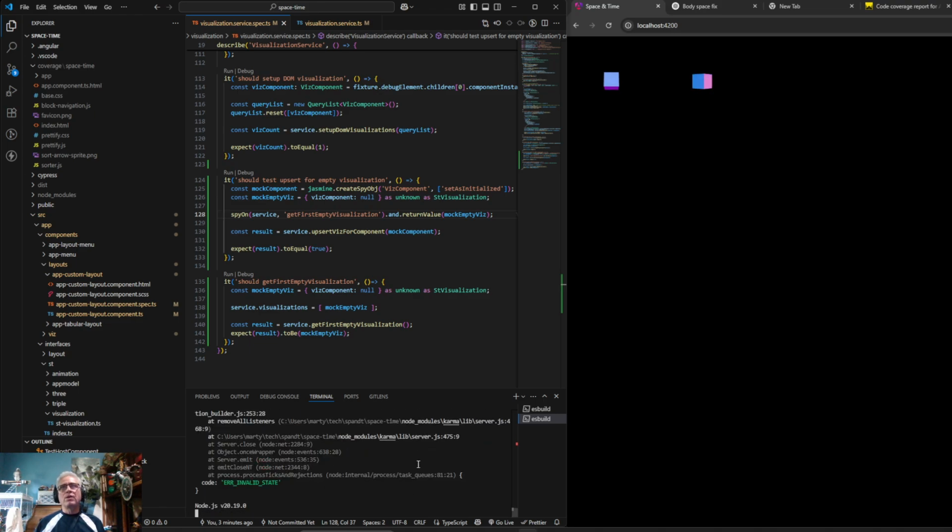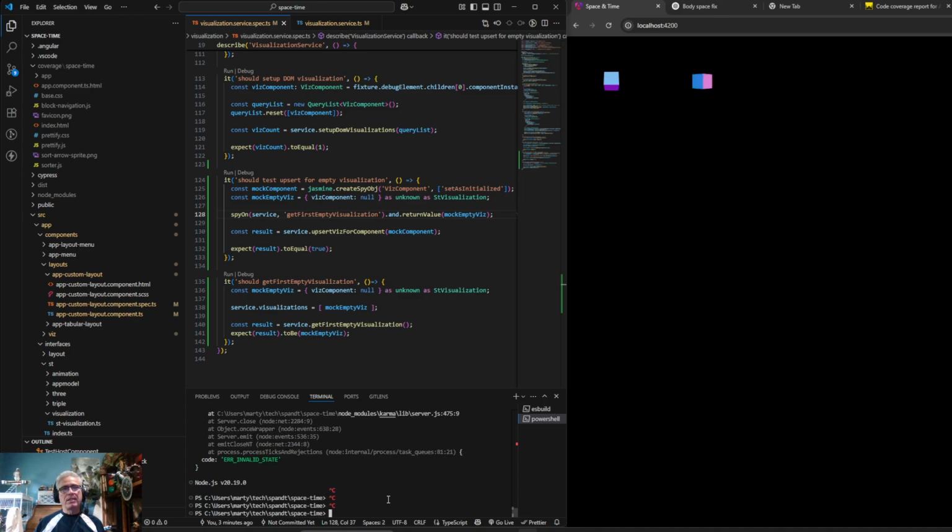Control S. So we killed our unit tests, and now we want to, I guess, get rid of any of its artifacts. I guess artifacts would be the right word. And we'll say npm run Cypress